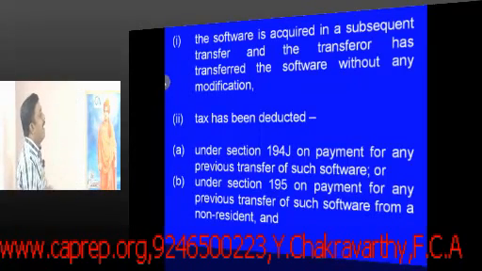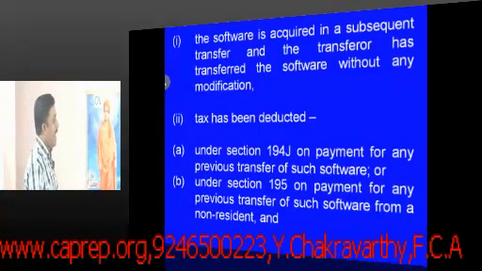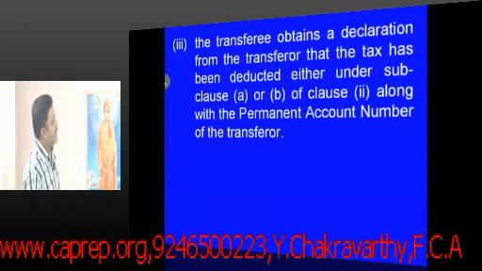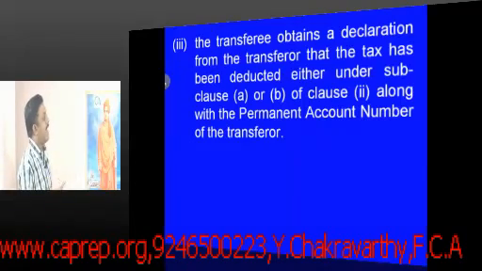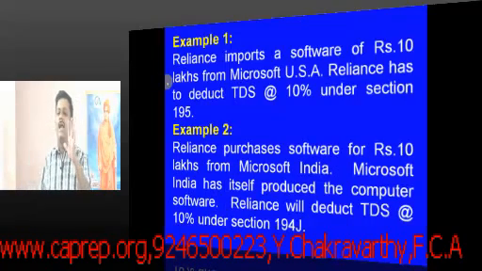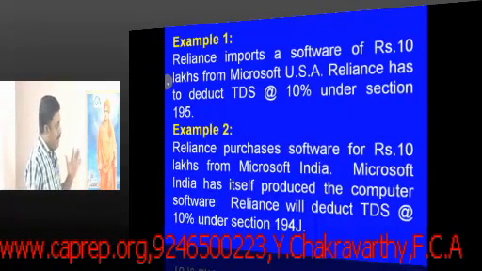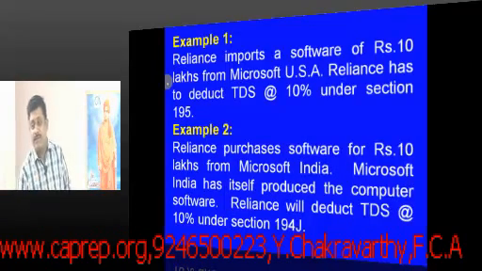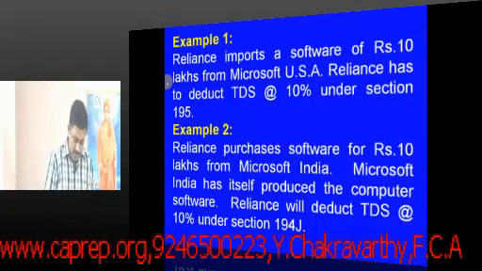Tax has been deducted under section 194J on payment of any previous transfer of such transferor, or under section 195 on payment of any previous transfer of such software from a non-resident. The transferee obtains a declaration from the transferor that the tax has been deducted either under sub-clause A or B of the clause 2, along with the permanent account number of the transferor. So of course all these things can be well understood with an example, which is the most important. Before you look at the example, and the analysis part of that explanation, few important things you please make a note. That is, write down,